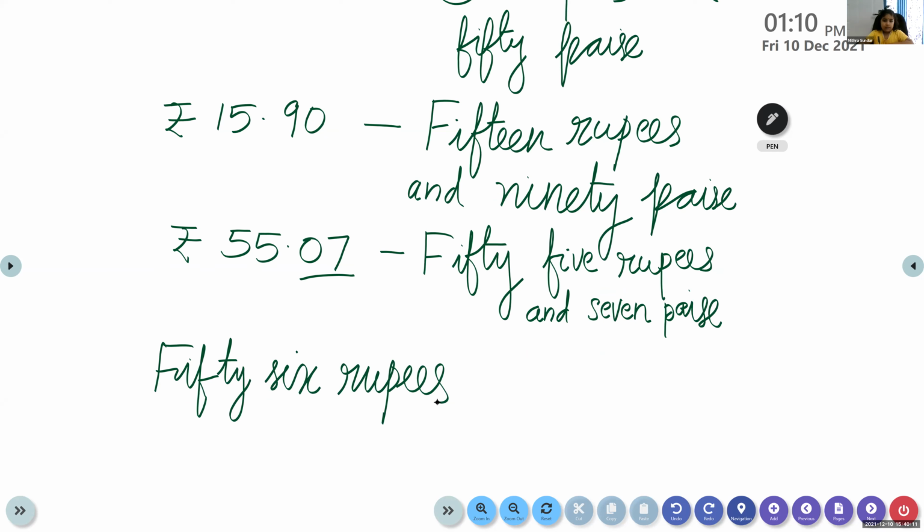Chaitanya, are you remembering how we will write in figures? First, what will we write? Just the opposite. The symbol. Then, how many rupees? 56. So we can write 56. Here, no paisa. So, what will we write? 0, 0. So here you can see only the 56 rupees, no paisa.